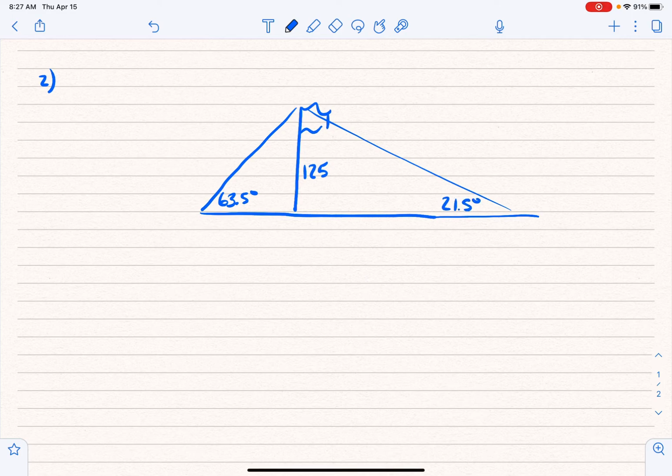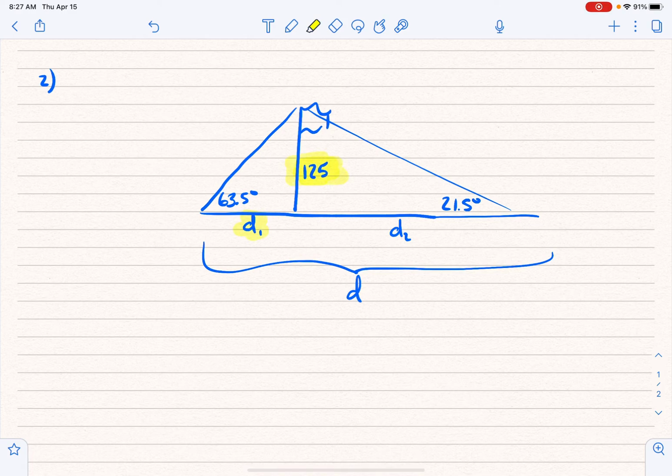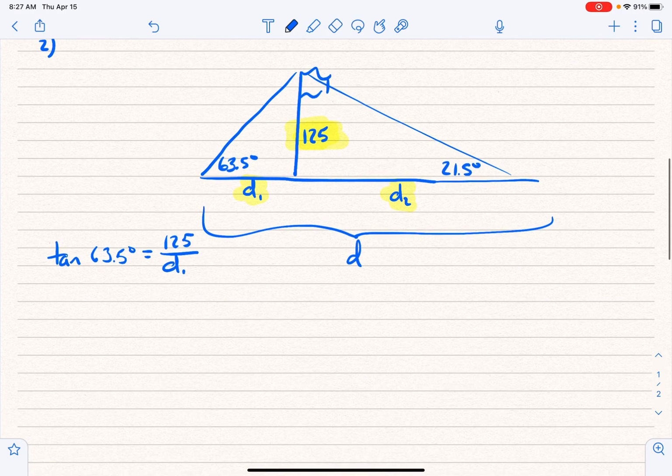Okay, and so for both these situations, we're going to use tangent because we're looking for this. I'm going to call that D1 and D2. We're looking for this total distance right here. Okay, and so in reference to that 63.5, this is opposite and this is adjacent. In terms of the 21.5, again, this is opposite and then this is adjacent. And so these become really easy to write. You say tangent of 63.5 is equal to opposite 125 over adjacent D1. And then for this other part over here, we would say tangent of 21.5 is equal to opposite 125 over adjacent D2. Okay, you can multiply both sides by the D and then divide,